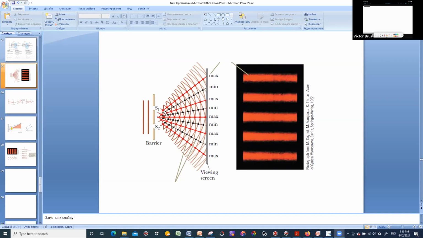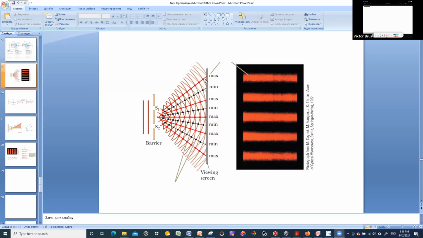And then we have either, as I mentioned at the beginning, constructive or destructive interference. So it means when we have interference of two electromagnetic waves, when they come to the same point in phase, so we have so-called constructive interference, the amplitude of the